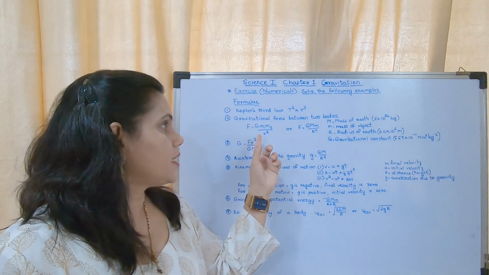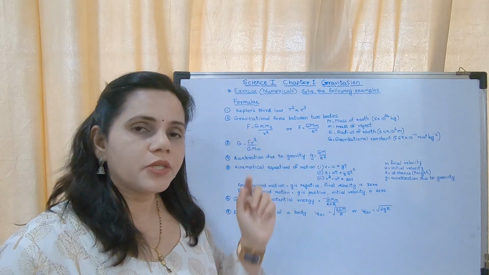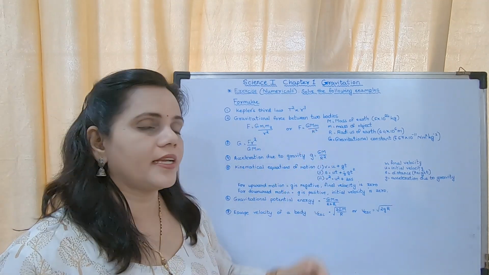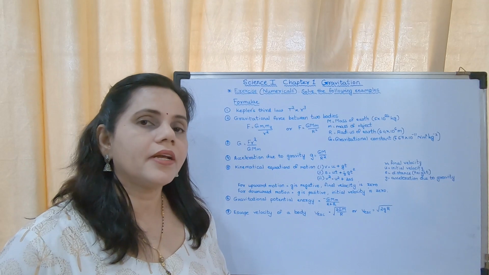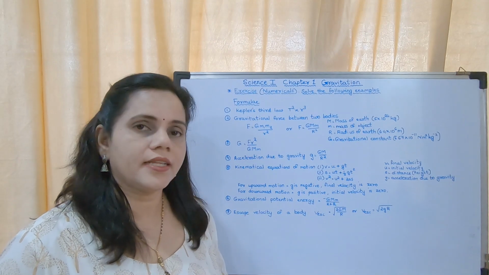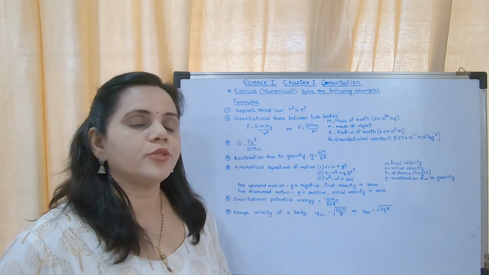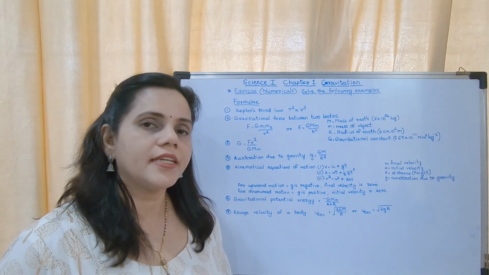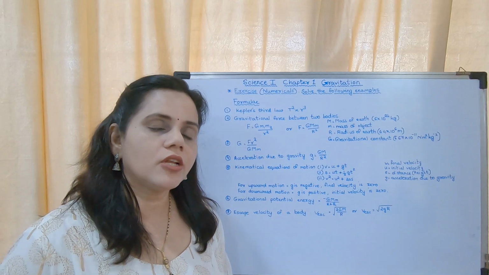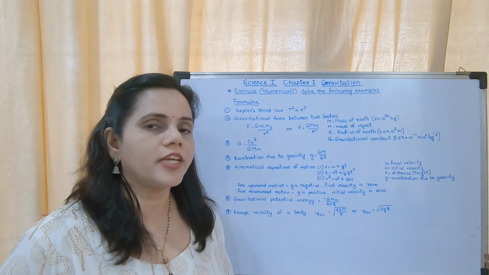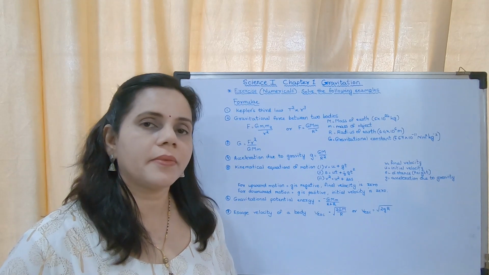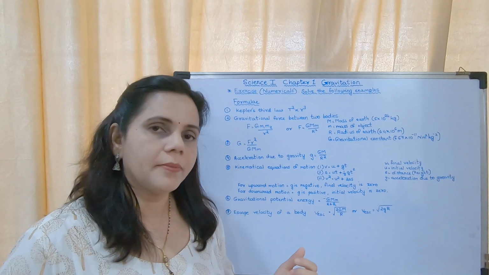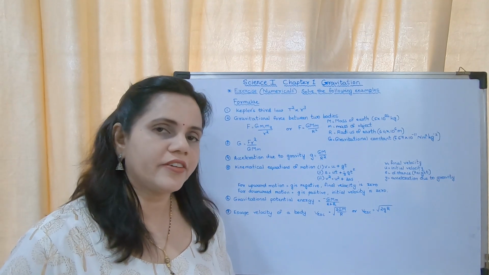Okay. Now in this equation, there is only one difference between these two. Here they have taken it as m1 and here they have taken it as capital M, because it represents the mass of the earth. That is why. Here m1 and m2 are the masses of any two bodies. Okay, any two bodies. So there is gravitational force of attraction between any two bodies. So m1 and m2 are the masses of two different bodies. Here capital M and small m are also the masses of two different bodies.